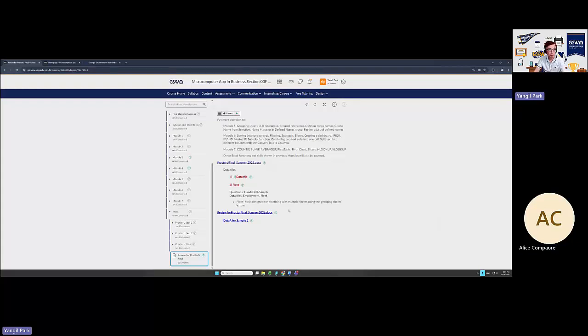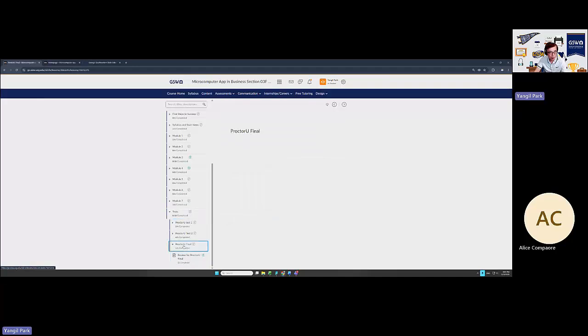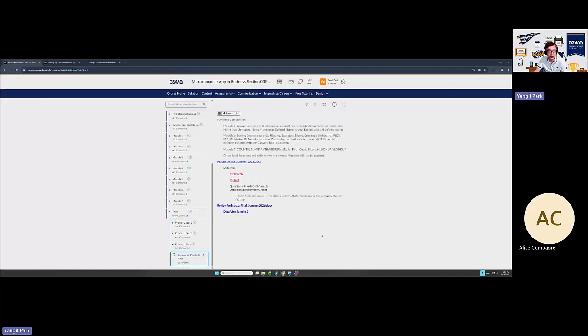Go View page. So if you go to Go View on the test folder, we have Proctor Final, then we have Review. So those are some kind of summary of what's going to be in terms of modules 5, 6, and 7. Module 5 is about working with multiple worksheets and multiple files. And you should be able to create range names, create